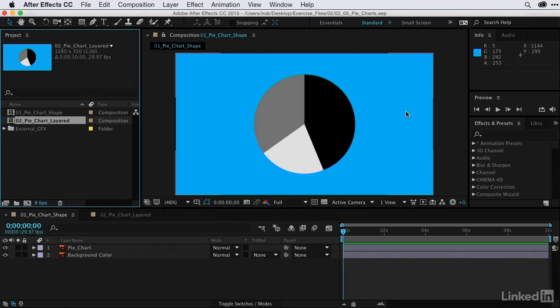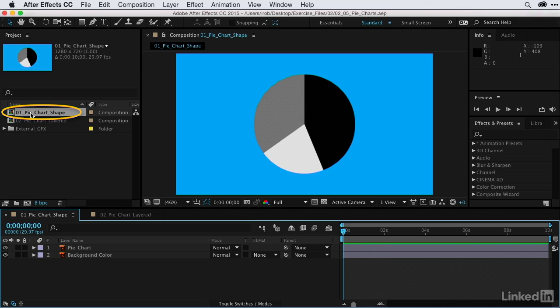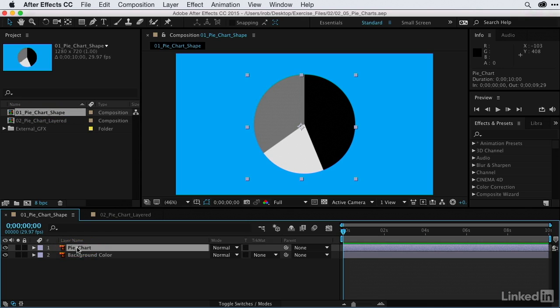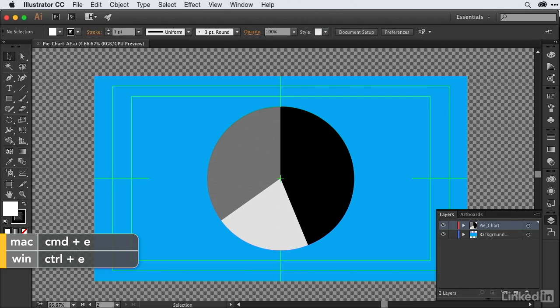In this video, we're going to focus on how to animate pie charts. Now, just so you can see how I built this pie chart, let's go ahead and double click on the 01 pie chart shape comp in the project panel. Then in the timeline, select layer 1 and press Command E on the Mac or Control E on Windows to